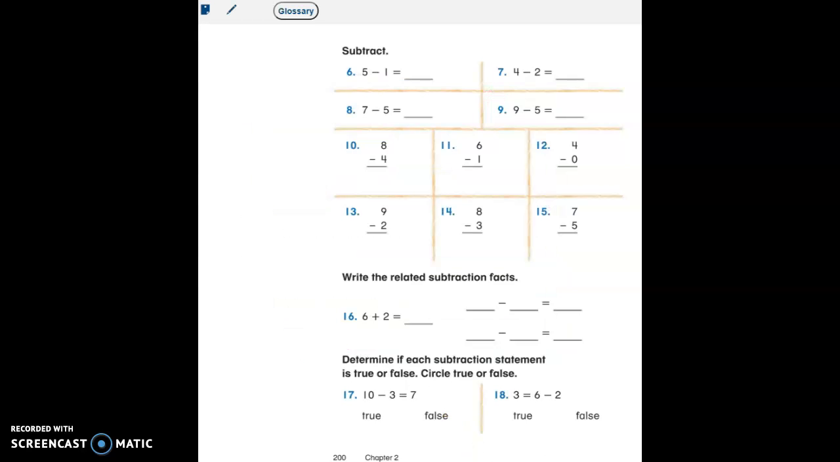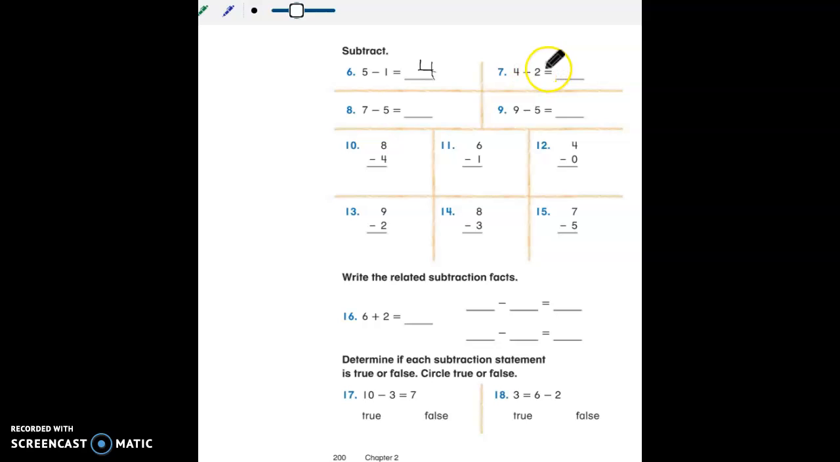Okay, we've turned the page now, and now we are on page 200, and we're going to start with number 6. All right, so let me go ahead and get a pen, and I will fill these in with you. 5 take away 1 is the next number down on the number line, which would be a 4. I'm going to make my line a little bit bigger. It's a little easier for me to use. Okay, number 7 is